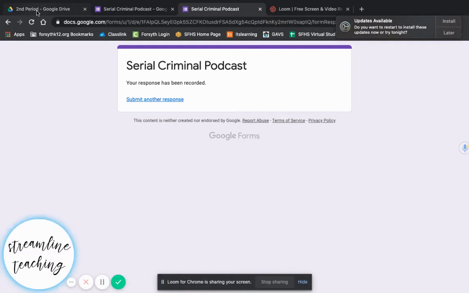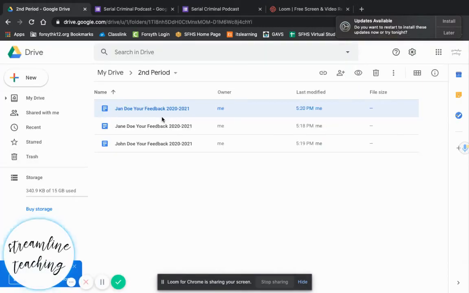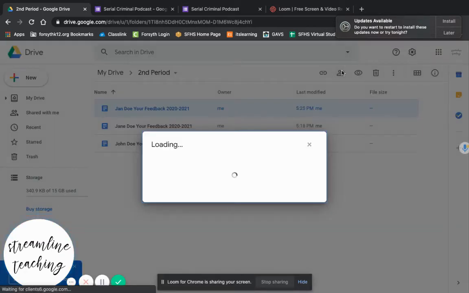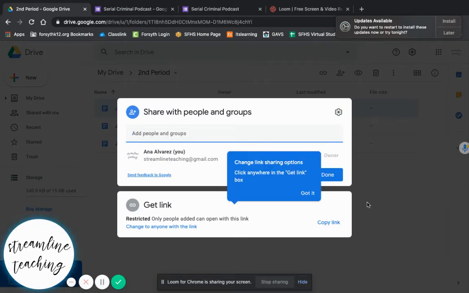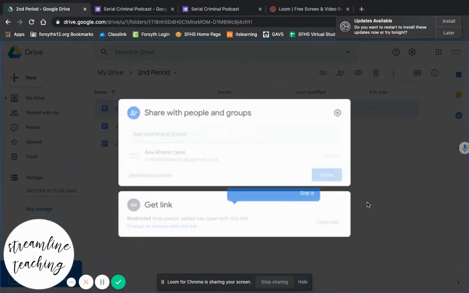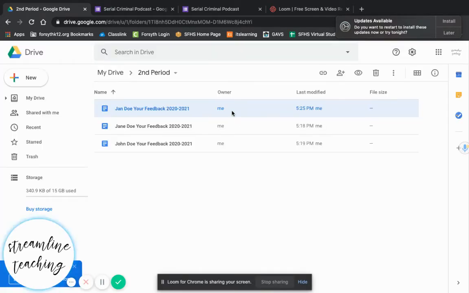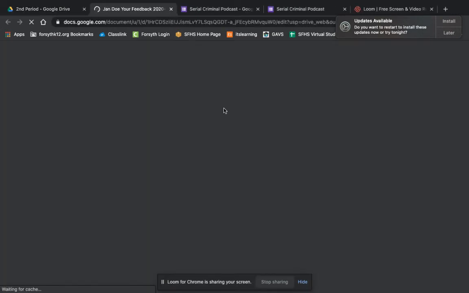And if you share this document with Jane Doe, and once you've created all your documents, the easiest way to do that is to click on a name, come up here, type in Jane Doe into the share feature, and their name and email should pop up if your school uses Google emails for students. You share that document directly with that student only. And then when I click on, I think it was Jane Doe that I graded,